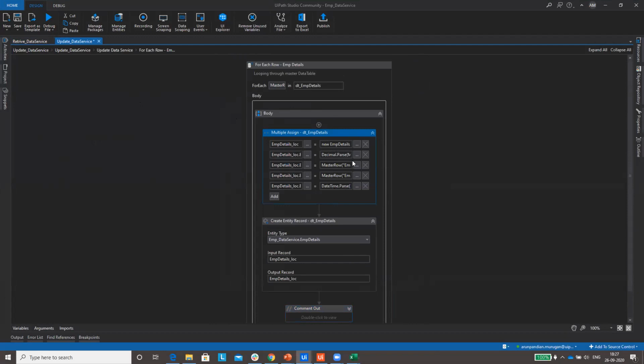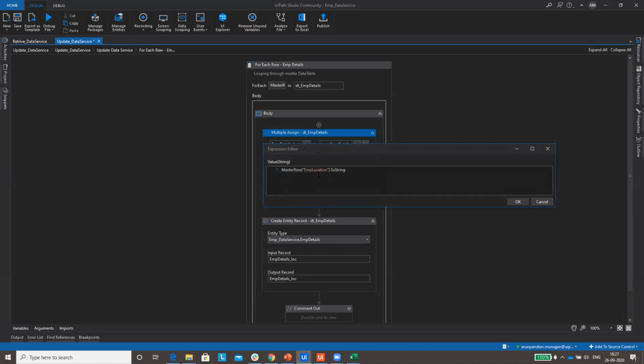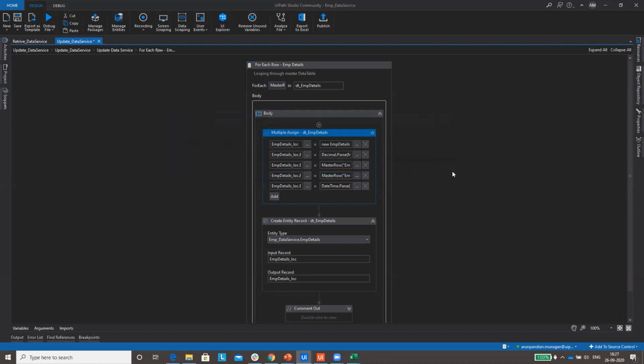You got it? So the data source can be anything. It can be a web page or any application where you can get the data. The method is the same. Instead of this row dot employee id, you will get it from some application and add it in this fashion. You will not be using a for each in that case. You'll just use a get text to retrieve the data from the web page and paste or pass it here.